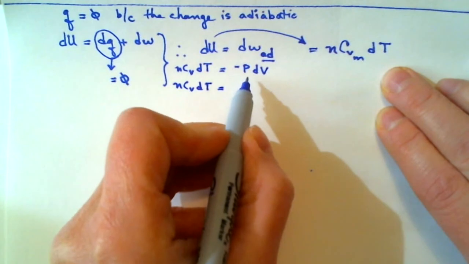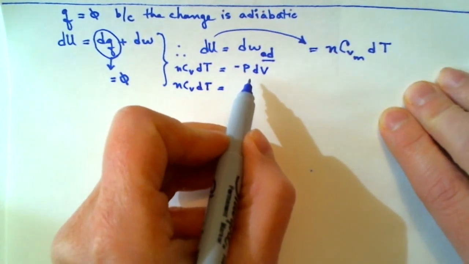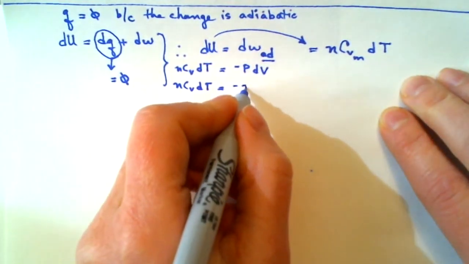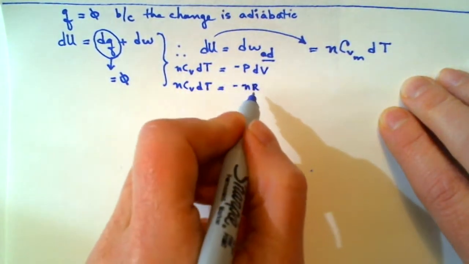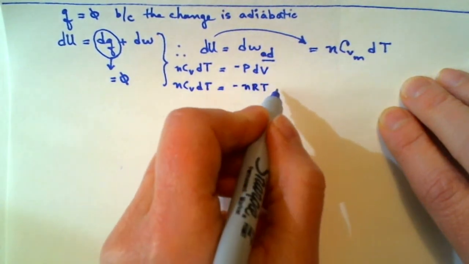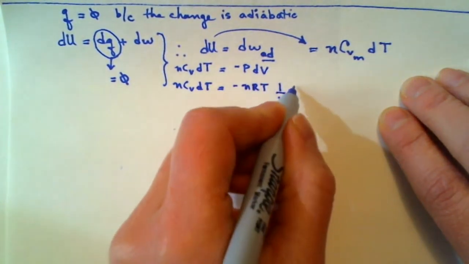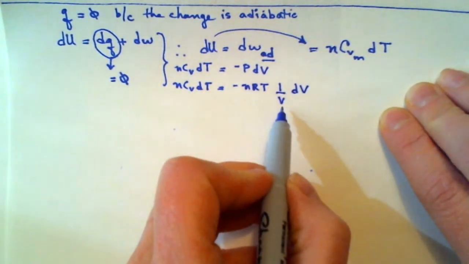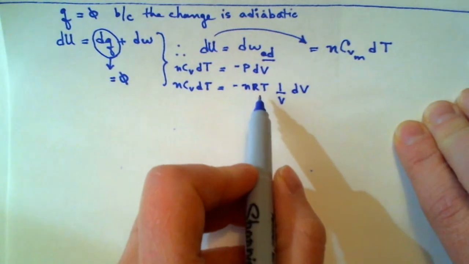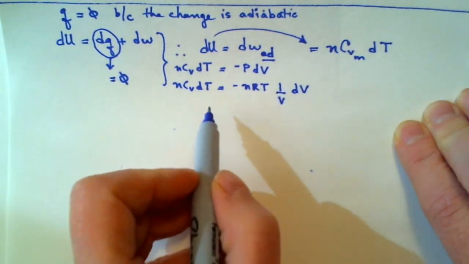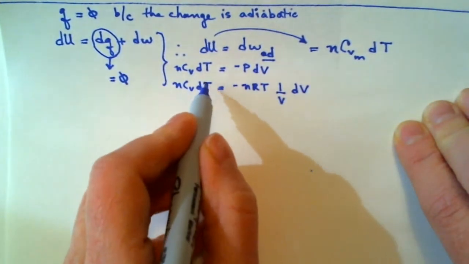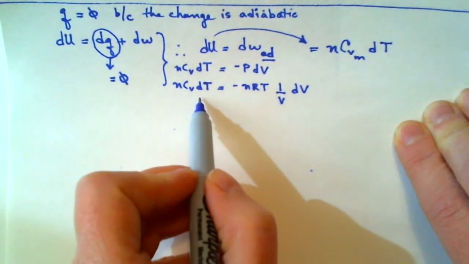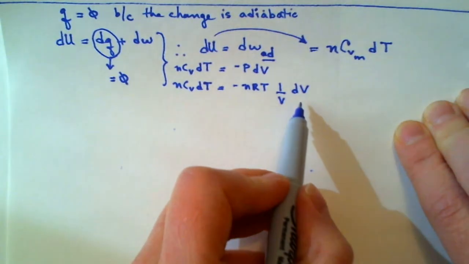And I'm going to get rid of the pressure, and I want to express it using PV = nRT because this is a perfect gas. I want to express it in terms of the other parameters, nRT over volume. But I really want to pronounce the relationship to the dV. And so I see that, I'm getting ready for my integration, which is ultimately going to follow. Now I see that there are two things changing, temperature and volume, so it's good to have them each on their own side of the equal sign.